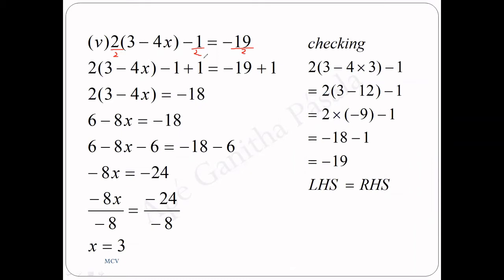So in this question, I don't use that method. Can you remember I told you two methods? The dividing method I don't use here, because then you will get a fraction, 1 over 2, and the calculations may be difficult after that. If there's a fraction, then calculations are difficult. So I will not use that method in this question. Instead of that, I will use the removing brackets method.